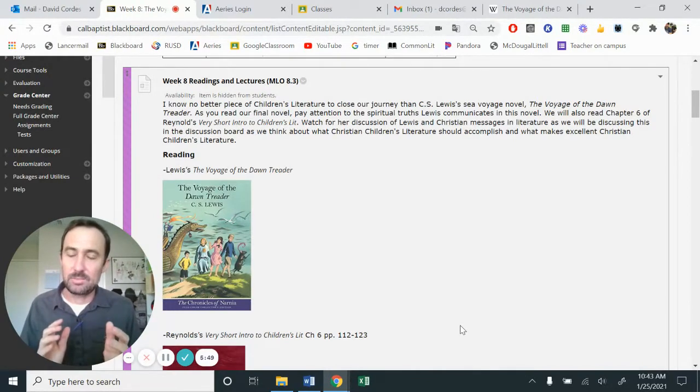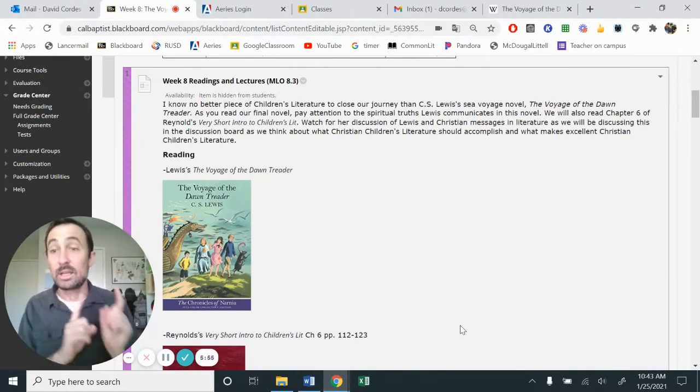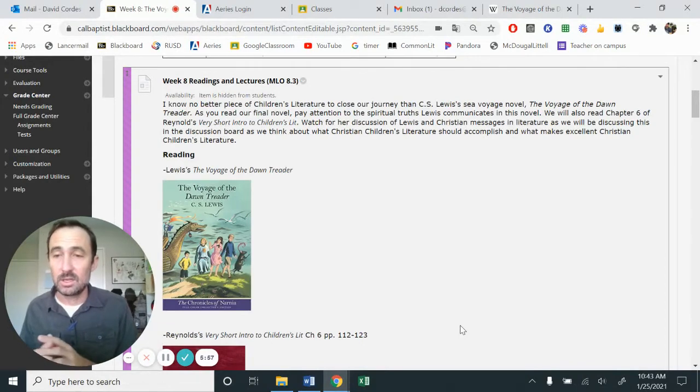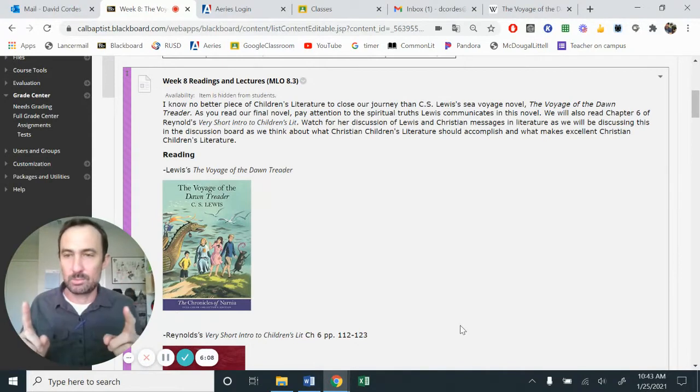He is the one that has to make a decision. He is the one that realizes his decisions have impacted his siblings. So we, as the reader, travel along with him. Even though there are three other characters that travel to Narnia, we're going along with him and seeing his response.